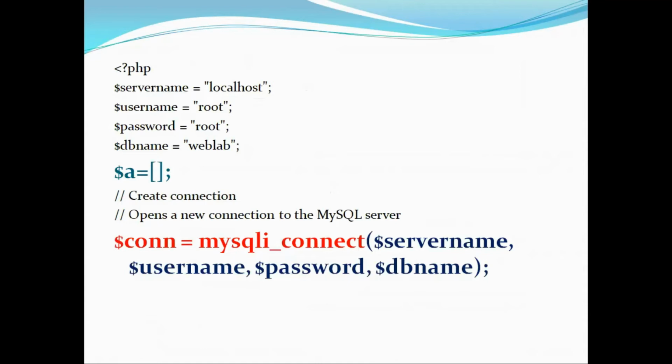After that, I am creating one more variable, that is an array variable. $A is equal to empty brackets, which indicates that I am taking one empty array variable. The square brackets themselves indicate it is an array variable. After that, I need to create a connection. Try to understand what our program is. Our program should sort the student records using selection sort. The student records are present in the database, so I need to move to the database. Before moving to the database, I should establish the connection to the database by using my PHP program. So I need to create a connection.